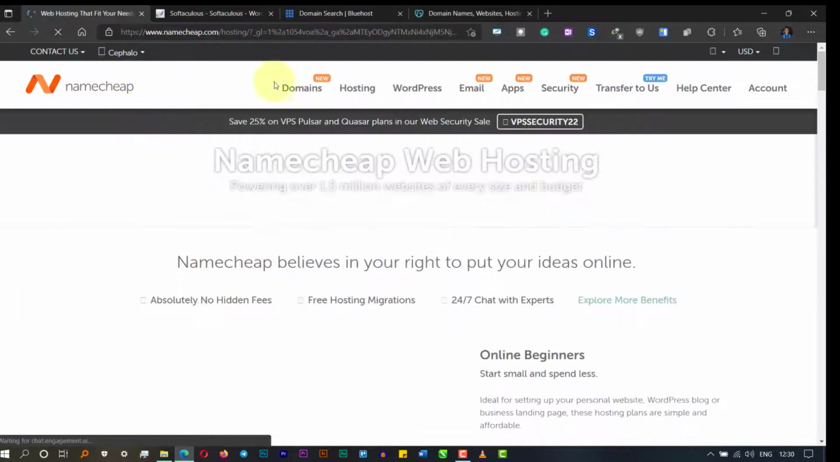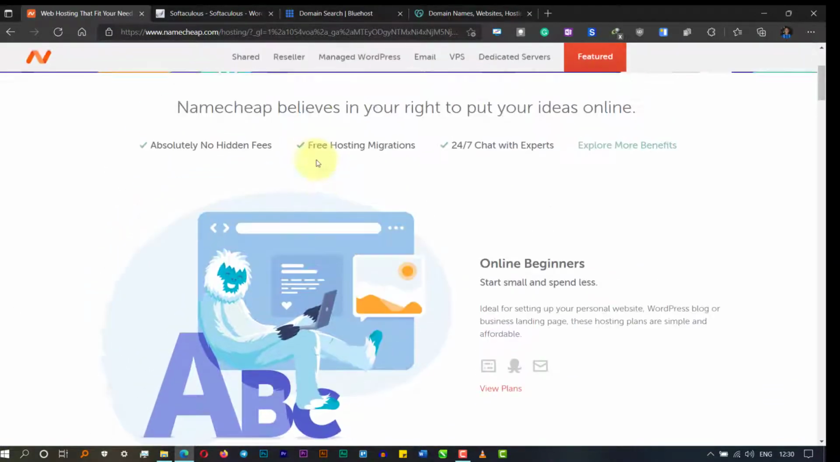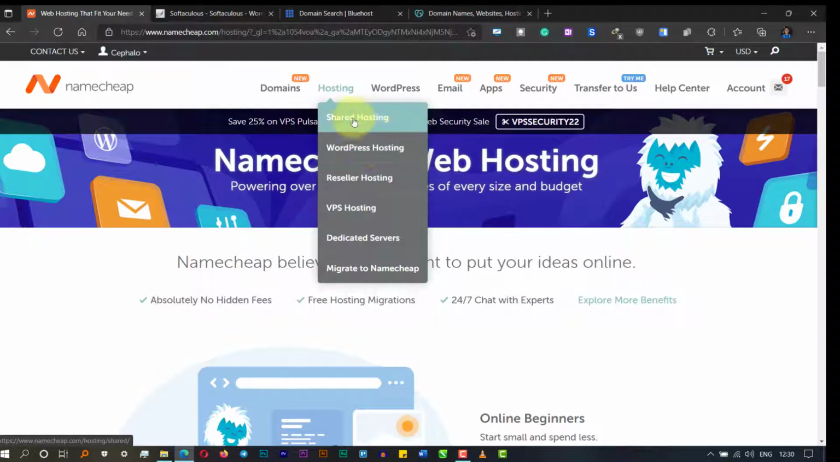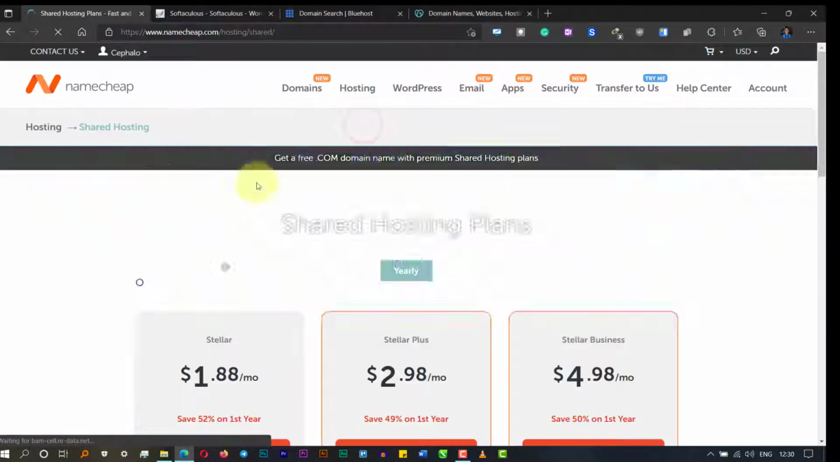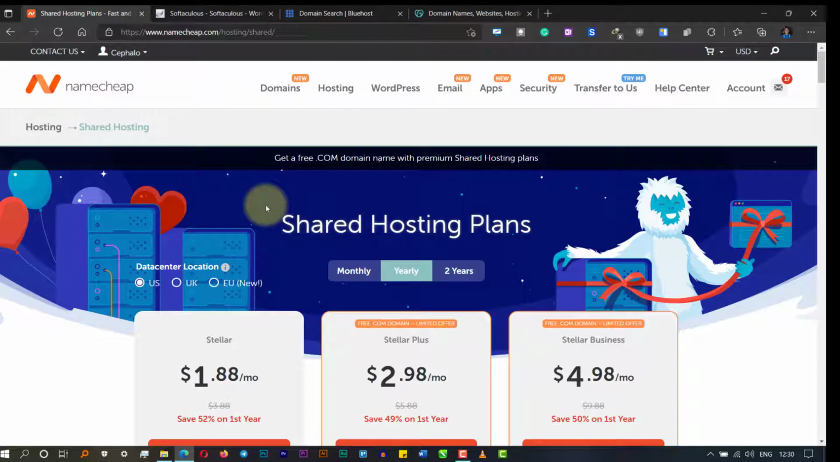In getting a hosting, we have different kinds of web hosting. We have shared hosting, WordPress hosting, reseller hosting, VPS hosting, dedicated servers. The difference between these is just the disk space and the bandwidth. For shared hosting, the name shared means that on a server there are a lot of people sharing the hosting, so they split it in small units,